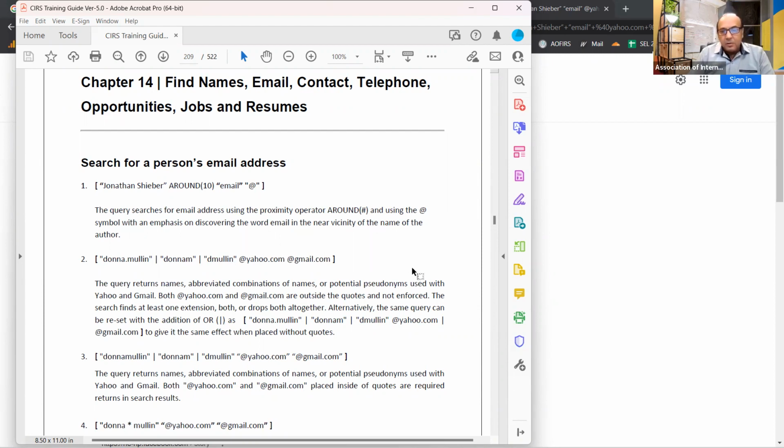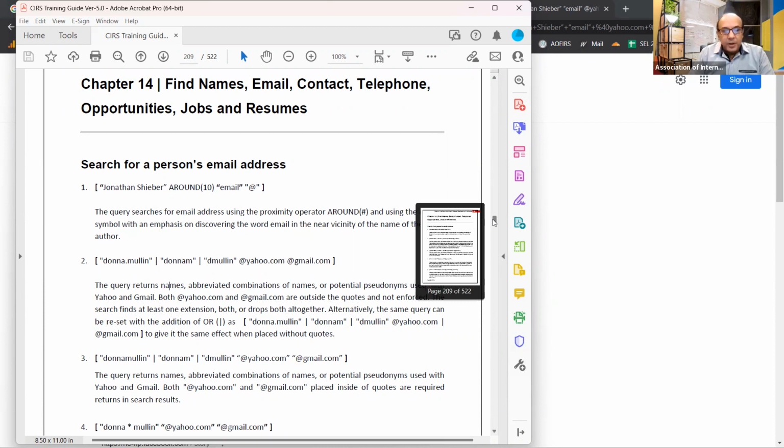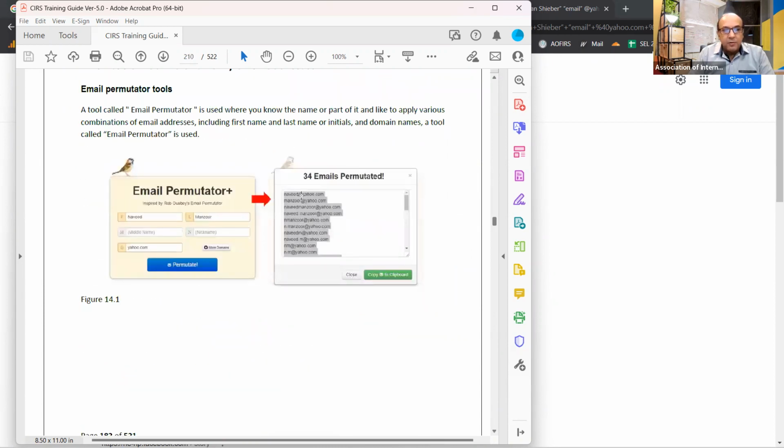But anyway, what I would be pointing to is a software. It's called Email Permutator Tool. If you just use the words email permutator, you should get a lot of free tools that you can use. As an example,